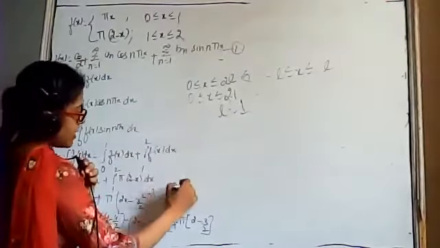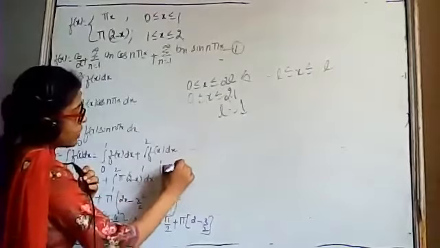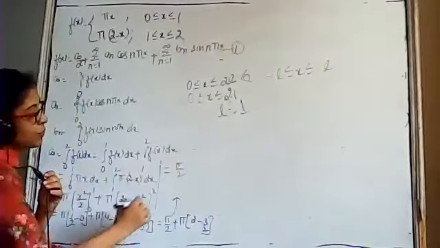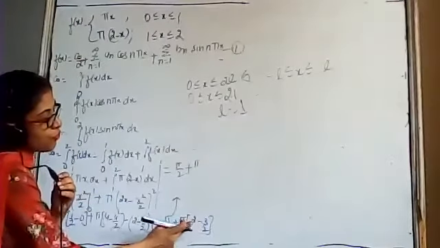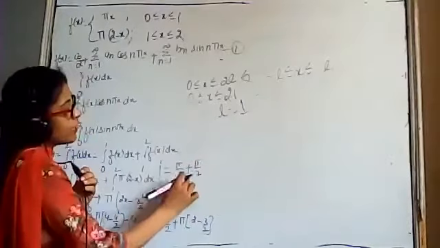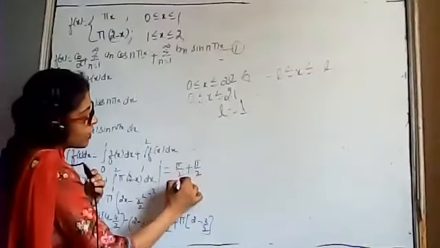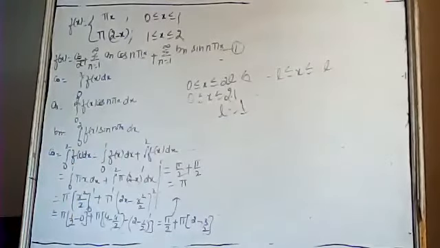So its value will be equal to, I'm writing over here, pi by 2 plus pi. It will be 2 twos are 4, 4 minus 3. This is again 1 by 2. So pi by 2 plus pi by 2 will be 2 pi by 2, and it will be equal to pi. Kindly check the value of a naught. Is this pi?